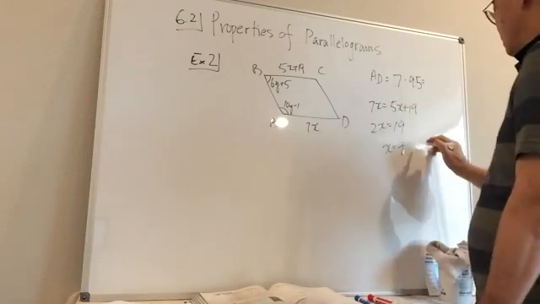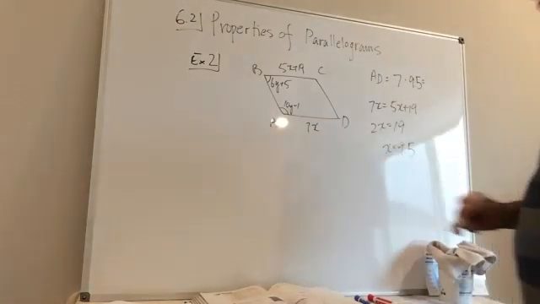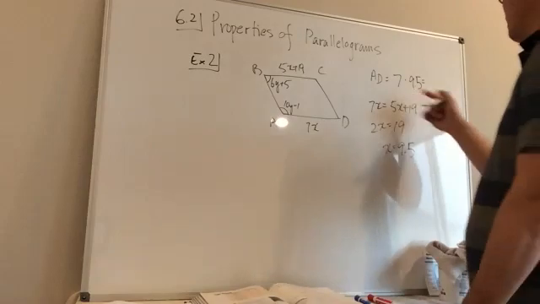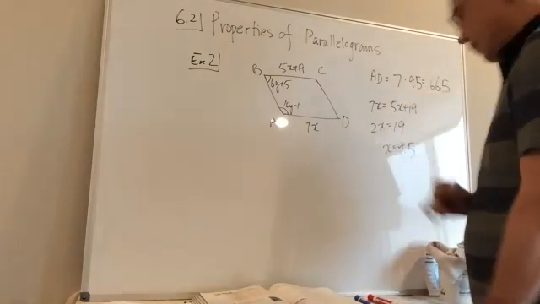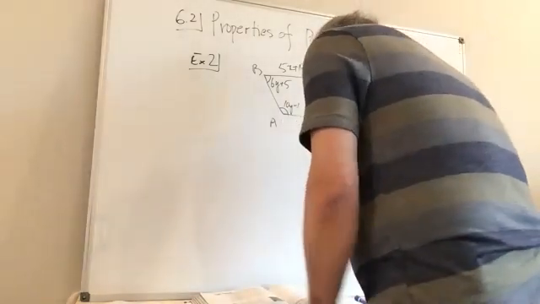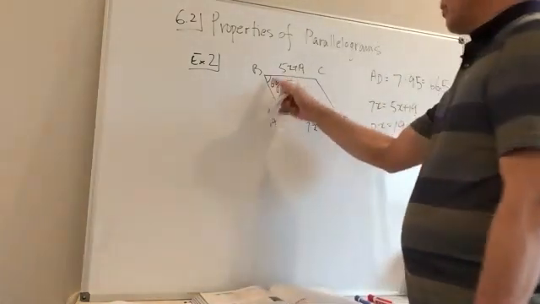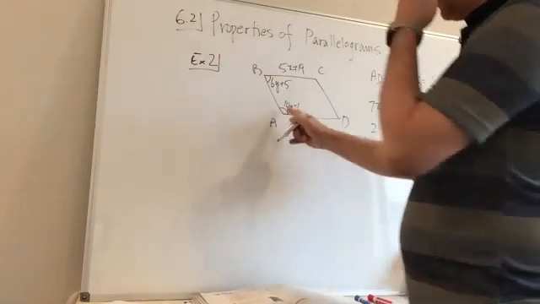9.5. Where did I get 9.6? 9.5? 9.5, I get 66.5. Okay? Angle B, they want to know what angle B is, but these two